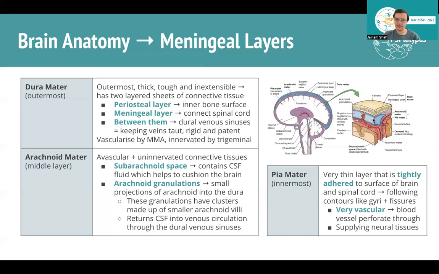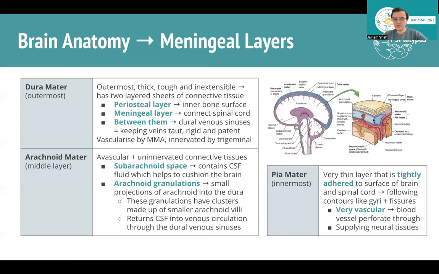The main thing you need to know about this is that it is the only layer that follows the structures of the brain, because it is literally attached to the brain. So if you kind of were to do a dissection of a brain and see a brain in real life, the really shiny layer would be the dura, then you peel it off, arachnoid, peel it off, and pia is very difficult to peel off because it follows all of the fissures and gyri of the brain. So it's kind of part of the brain, tightly adhered to the surface of not only the brain, but also